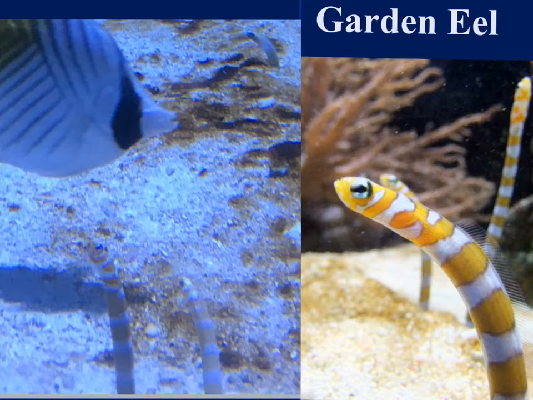Now right here, when we have a close-up on the right, we have the garden eel. They live in groups where each individual has its own little burrow. Only the head and the front half of the body is usually visible. They're going to be found in the Indo-Pacific area, in warm parts of the Caribbean. So the name relates to how you have huge colonies of these eel-looking structures, and they just sway in the